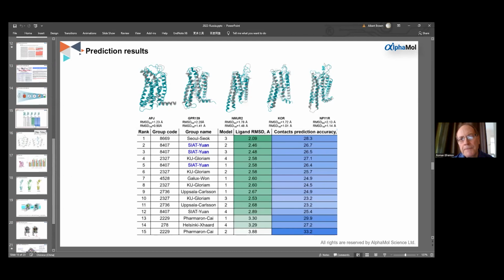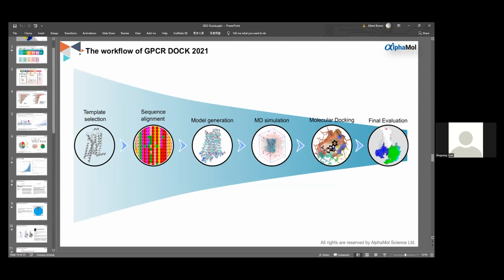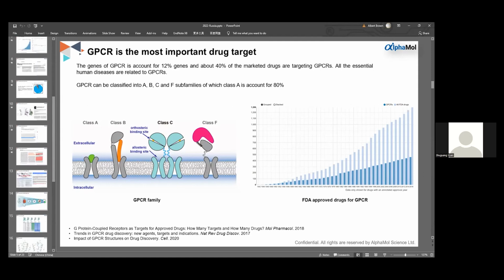Yes, thank you for your question. Of course, selecting the template from the beginning is very important. As I mentioned at the beginning, GPCRs can be divided into different subtypes: A, B, C, and F. And class A can be further divided into other subtypes. For instance, they have the peptide family A GPCR, the hormone family A GPCR, and also the olfactory receptor GPCR. With this knowledge, we always select the same